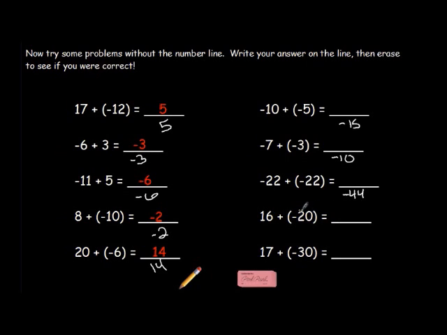16 plus -20, different signs. So we go back to doing it like we did over here, where different signs we subtract. So 20 minus 16 is 4. And you have to look and see which one had more in it, the positives or the negatives. So I had more negatives. So I'm going to say -4. And over here, that answer is going to be -13. So again, let's check and make sure we got it right. -15, -10, -44, -4, and